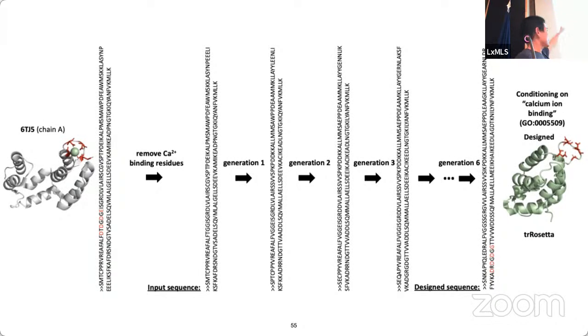We remove the binding site by just removing some of the residues, the red colored ones. And then, starting from there, we sampled from our deep manifold sampler while telling it to maximize the chance of exhibiting the function of calcium ion binding. Calcium ion is another metal. After a few generations, we see that this pocket was reintroduced automatically, although we didn't actually tell it exactly where and how it should be reintroduced.